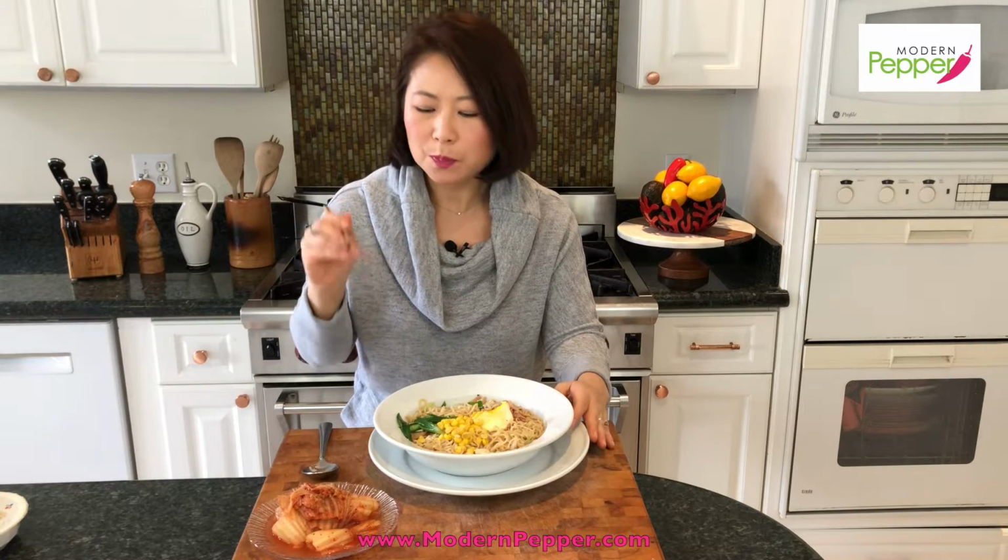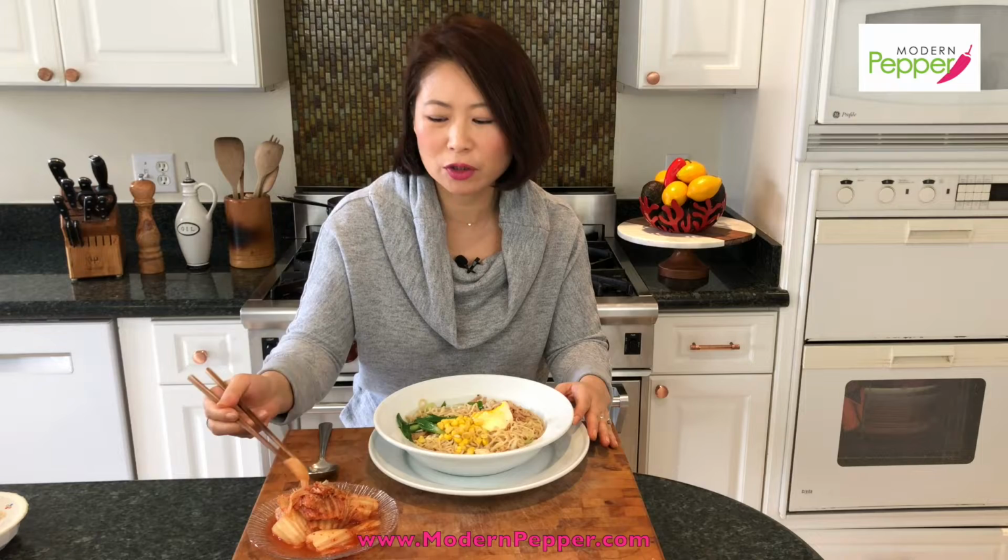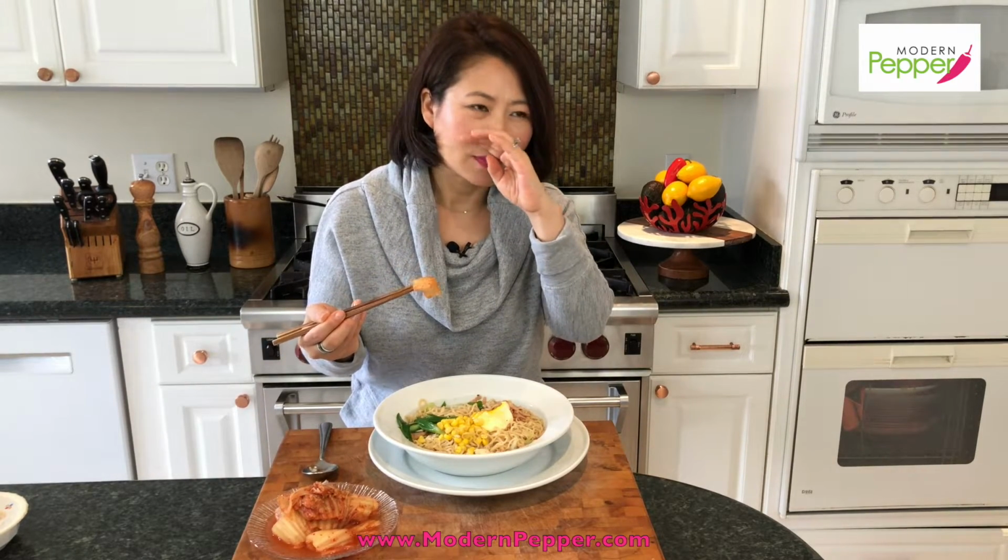And when you eat ramyeon, at least in Korean food culture, you have to have it with kimchi. If you don't, it's like, you know, it's like scratching that itch, but you're not getting the full itch. That's my analogy. So in order to successfully scratch that itch and feel completely satisfied, you need to have it